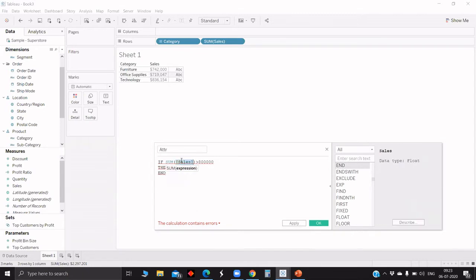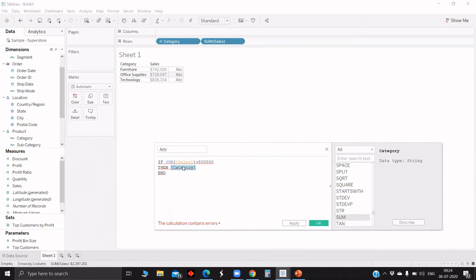Here we have used sales as an aggregate in terms of sum, but in category also we are supposed to use only aggregate. So there is a rule: if we use one aggregate field in the calculation, we are supposed to make all the others aggregated as well. In a calculated field, whichever terms you use, either all should be aggregated or all disaggregated.